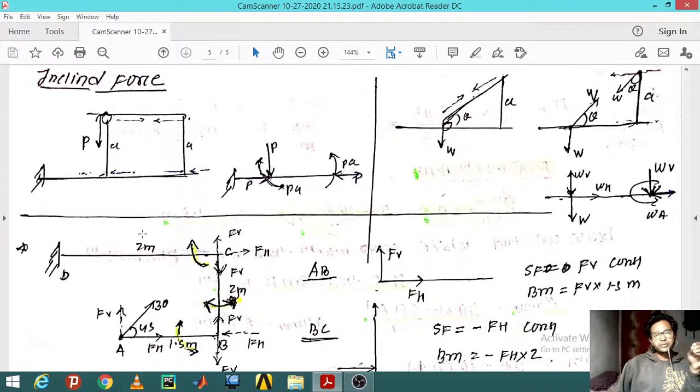In a similar fashion, at the point where this pulley is attached, due to the force we are going to pull in the downward direction. So the same force is going to act at the point where we have attached the second lever, and due to that lever we also get one moment, whose magnitude is going to be equal to P into A, and in this case it is going to be in the anti-clockwise direction.